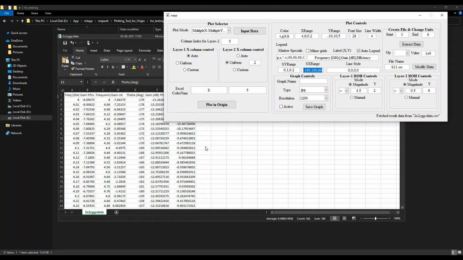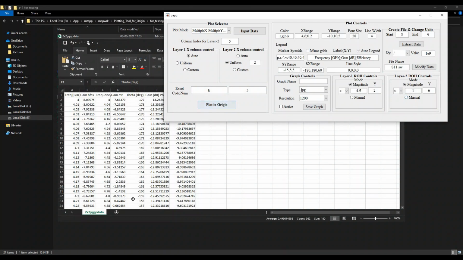and the second X range is varying between minus 180 to 180, and the second Y range is varying between minus 15 to 5 with a step size of 5. And the gain setting will remain the same, since the gain is the same as in the previous plots, and the region of controlling will be gain greater than 4.5 dB and gain greater than 1 dB for the second column.